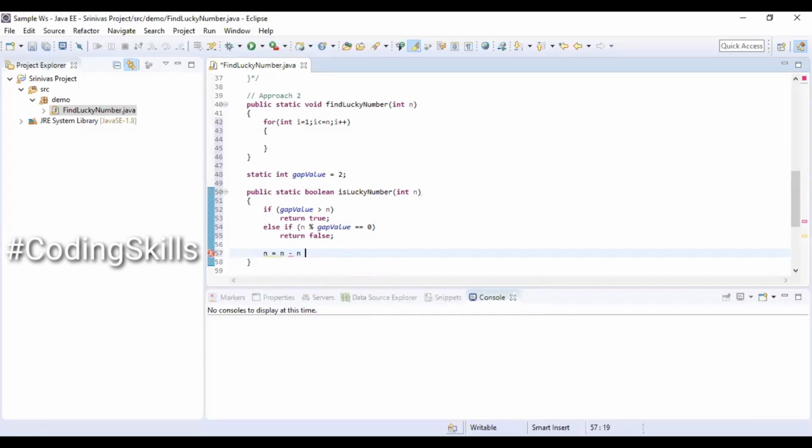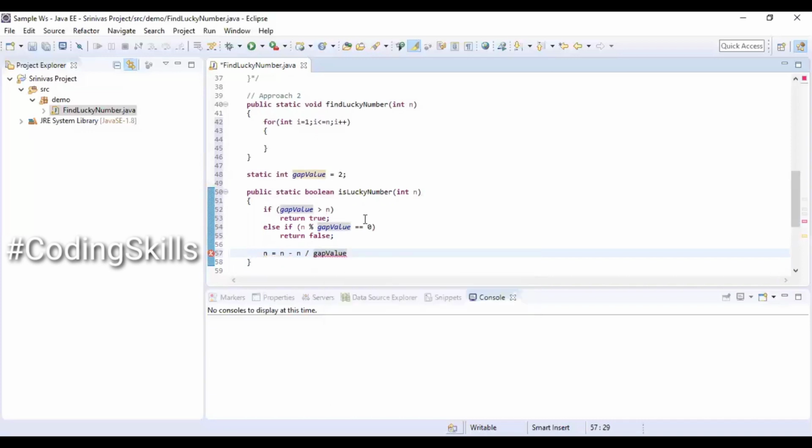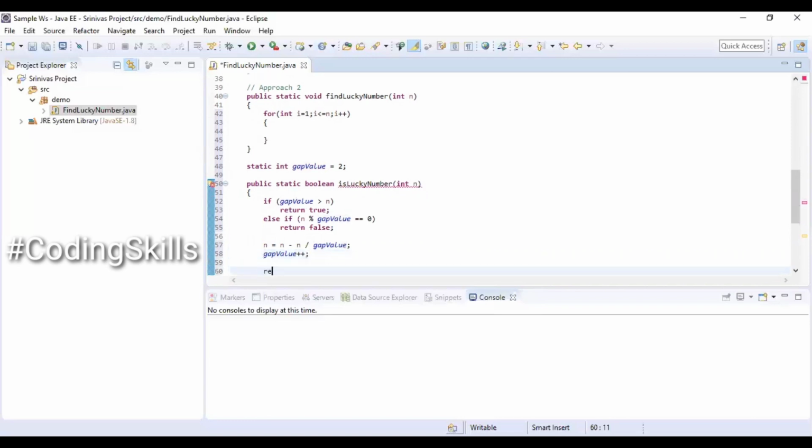And n equal to n minus n by gapValue. We are reassigning the value of n, and gapValue we are incrementing by 1, and return isLuckyNumber of the value n.